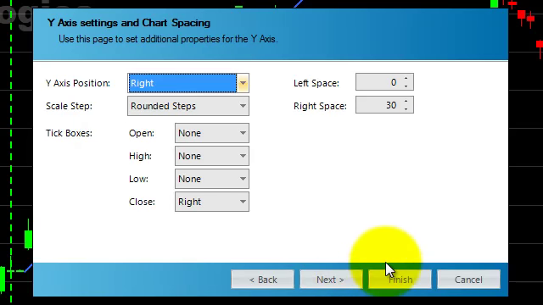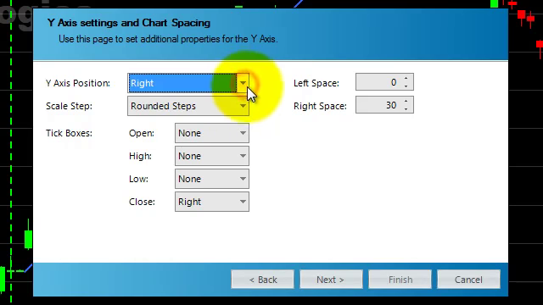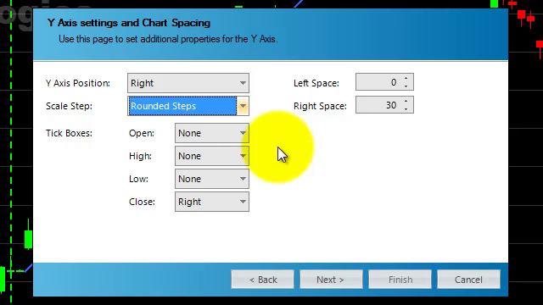In this next step, we can customize our Y-axis, which contains the price. We can set its position to none, left, right or both. The scale step defines whether the price is rounded to decimal 10 by using rounded steps, or is left to be automatically calculated using minimal gap based on the Y-axis scale. Minimal gap would display Y-axis numbers such as $2.01, $2.07, and $2.13, whereas rounded steps would display the same Y-axis as $2, $2.10, and $2.20, with the scale adjusted